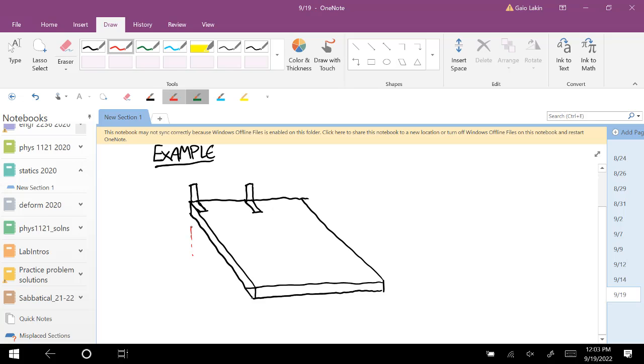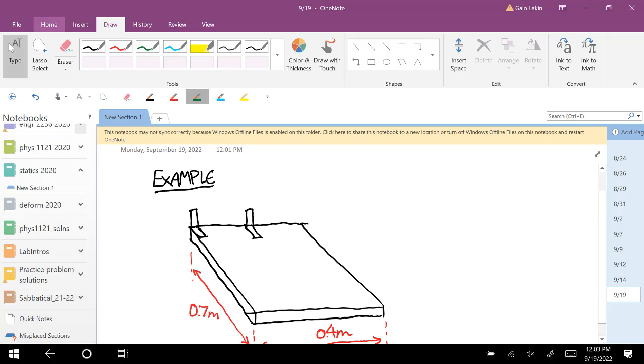And the dimensions: this is 0.7 meters. This is 0.4 meters. This is 0.2, 0.4,